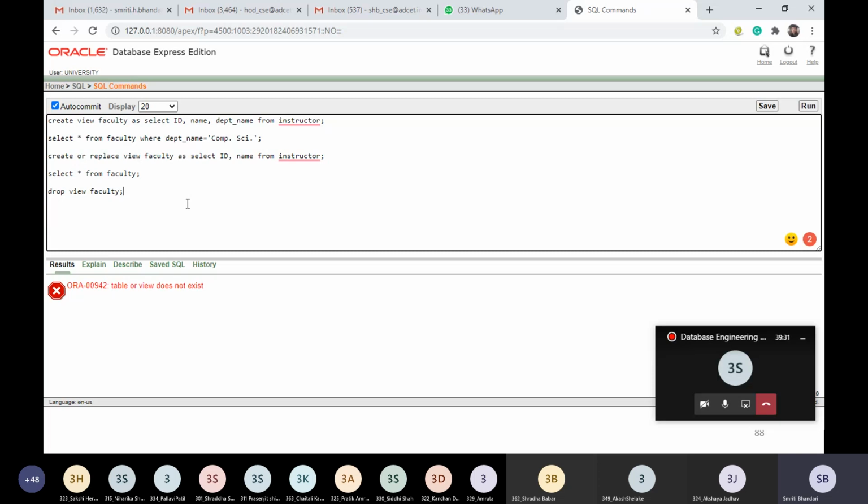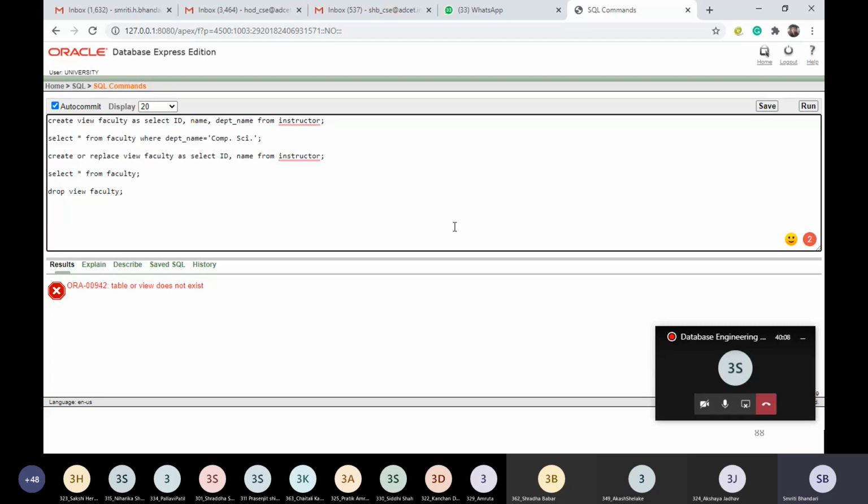Now, one more important point. Please note, if I am creating a view based on some relation in my database, and later on I drop that relation from my database, then what will happen to the view that was built on that particular relation?